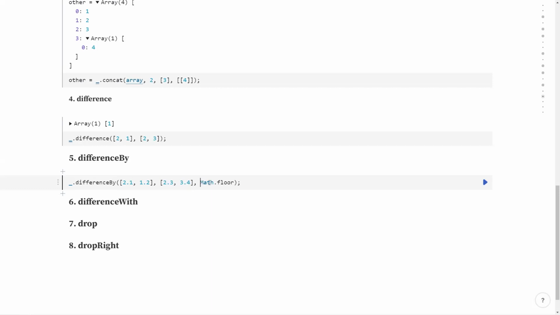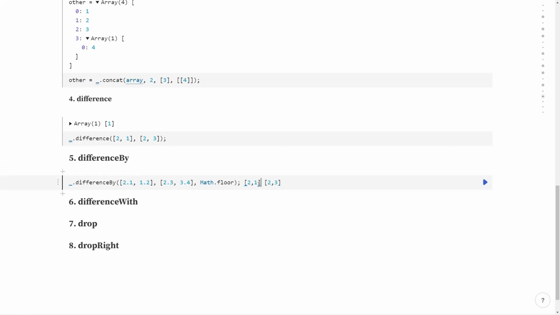So what is this third parameter? The third parameter will perform an iteratee operation on all the elements, but it will not be affected in the result. If you take the floor of all the elements, you will have elements like 2, 1, and in the excluded array you will have 2, 3.